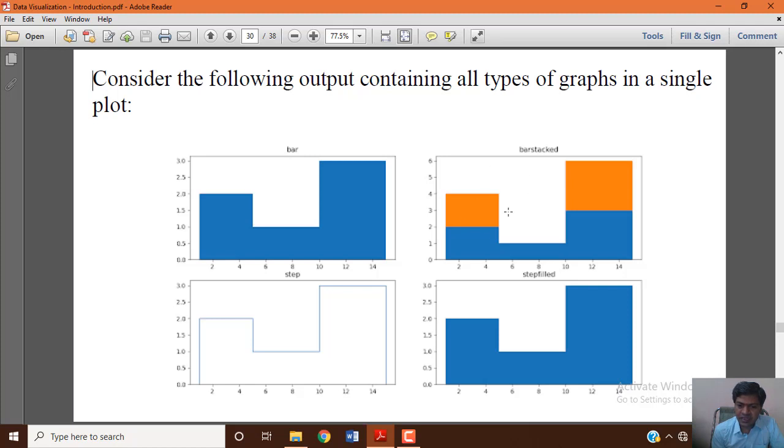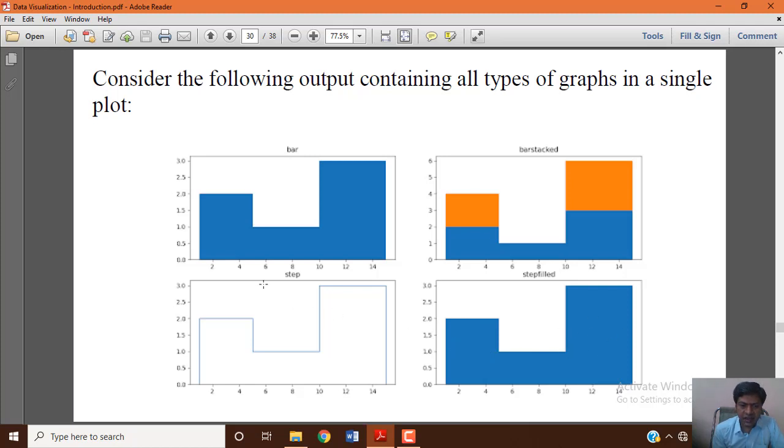On the right side area is the subplot, and 2 comma 2 comma 3 is the line bar generated without any color filling, that is step, which we call a type of histogram type. And the fourth one is step fill, with the bar line generated and filled with color.